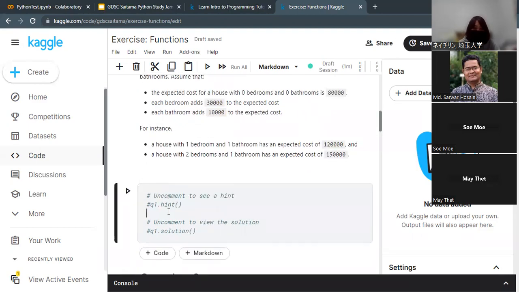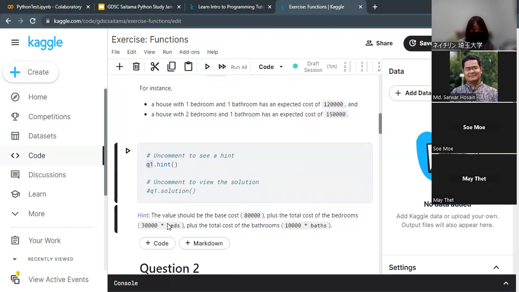So now this is the time to test our code. If we would like the hint for this question, we can just call q1.hint and then run the cell. Then the hint may be displayed like here. For example, the value should be the base cost is around here, and plus we need to